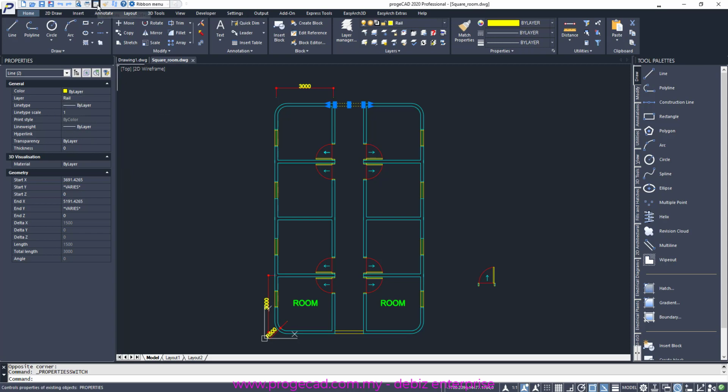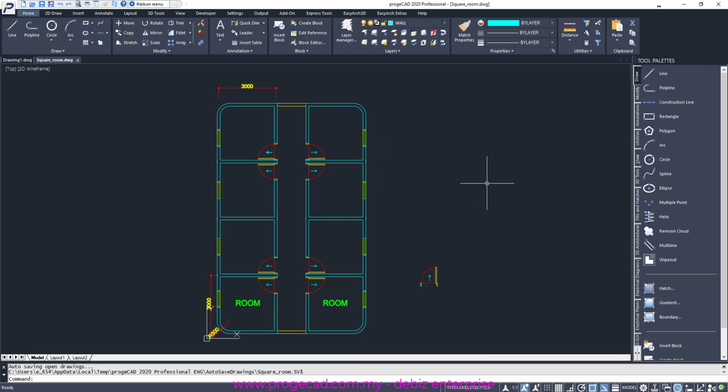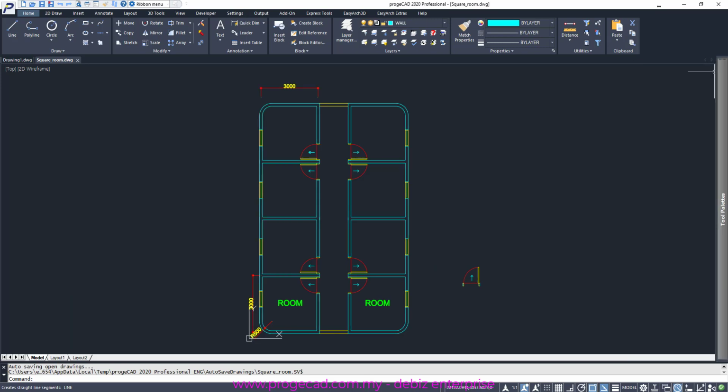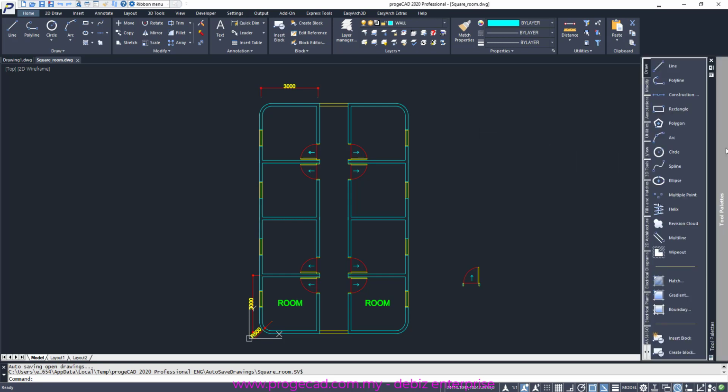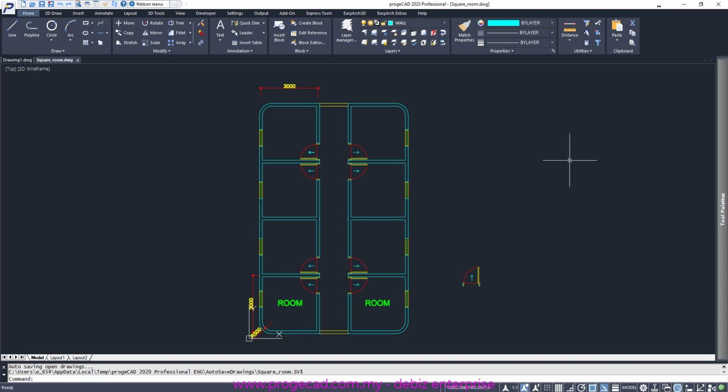So we'll disable this. And then on the right hand side, we have two palettes. We can reduce this or auto hide these two palettes. Click on this called auto hide, and it will auto hide. Every time you want to use the two palettes, just point your mouse over to the edge and it will pop up. Now if you have no intention to use the two palettes, you can create shortcut keys on your keyboard so that you can just type on your keyboard and it will be quicker and faster